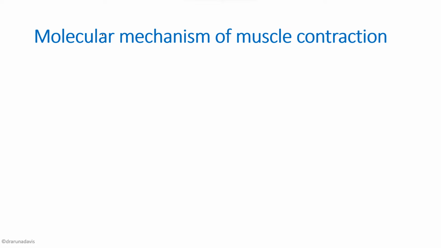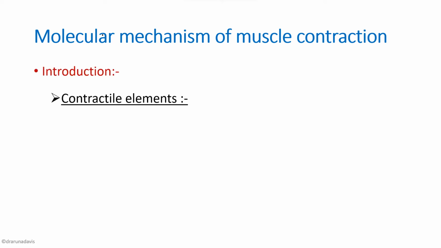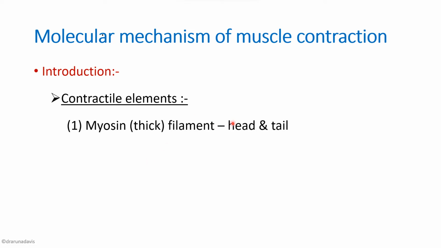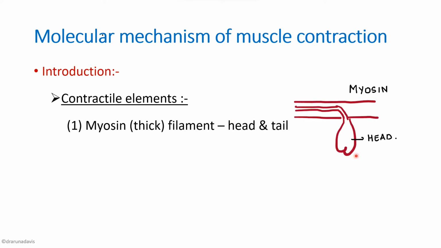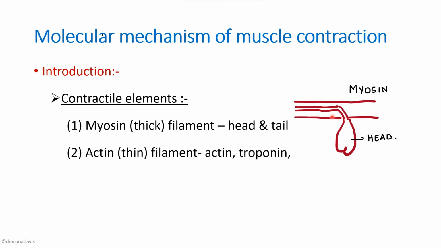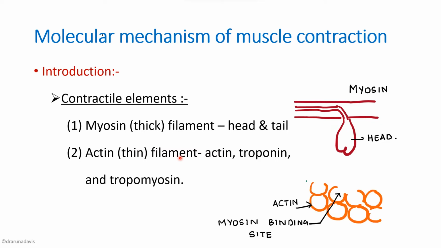First, for the introduction, you can write about the contractile elements of this muscle. As I said before, it consists of myosin, which is a thick filament. Myosin contains a head part and a tail part. Then you can write about the thin filaments, which consist of actin, troponin and tropomyosin. On actin we've got myosin binding sites which are normally blocked by tropomyosin. And we've got troponin, which has three components, namely I, T and C. C is the area where calcium comes and binds. So these points should be there when we write the introduction.